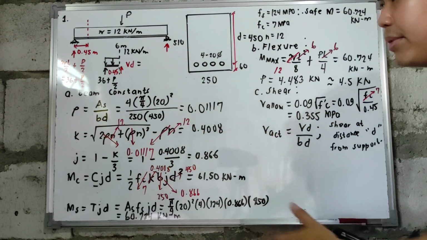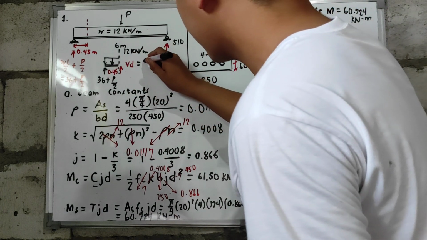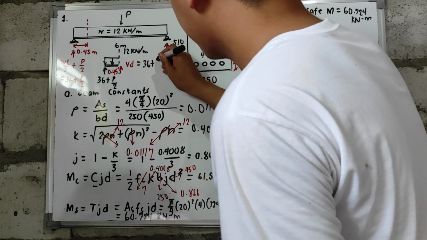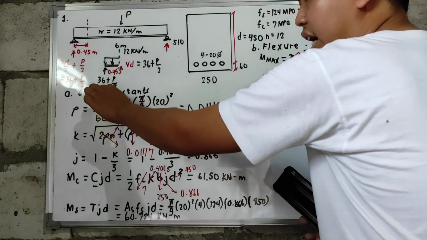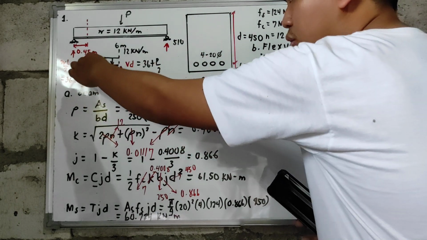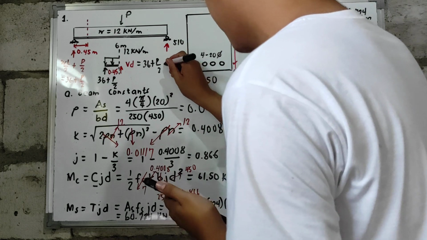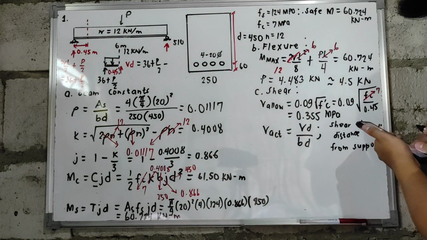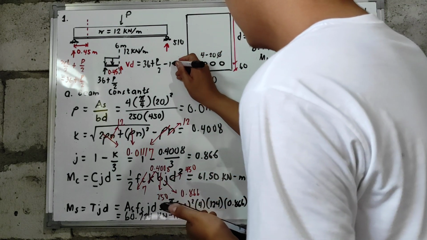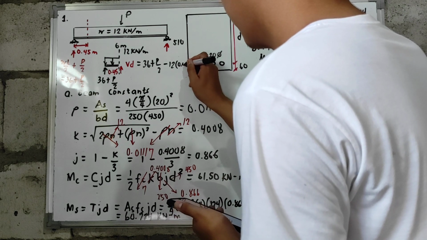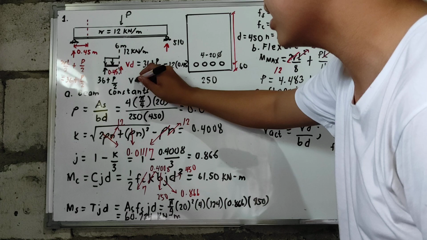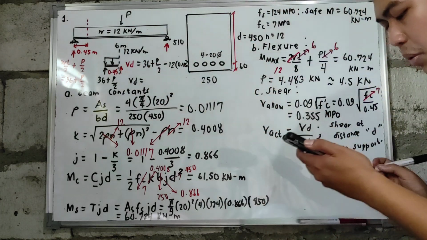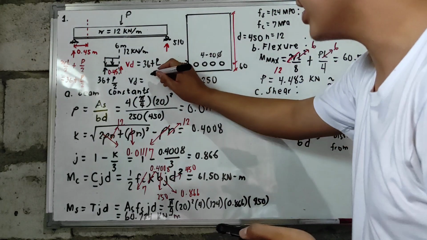So, dito nyan, we have 36 plus P over 2, kasi nga upward, etong reaction natin, minus etong downward natin, yung uniformly distributed load, which is equal to 12 multiplied by 0.45. Okay. So the value of your VD is now equal to 30.6